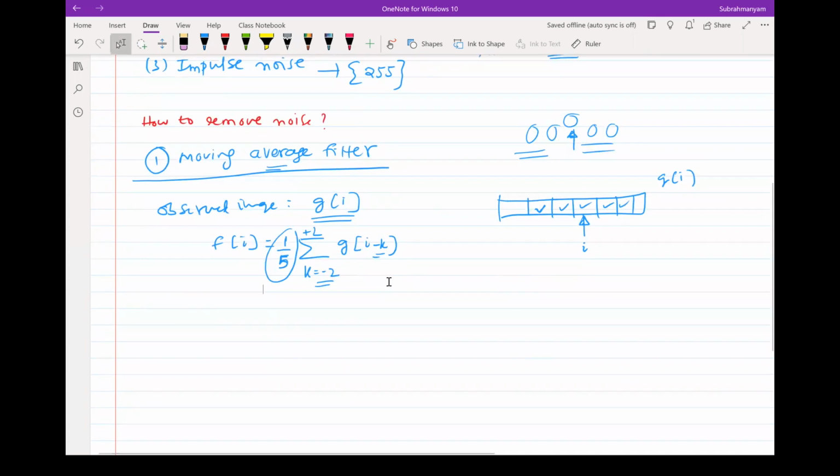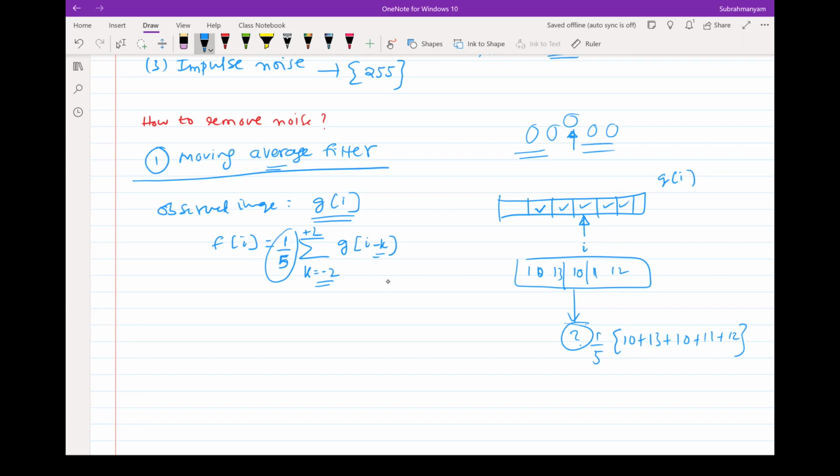So for example, if I had 10, 11, 12, 13, 10, something like this. Now in my output, at this location, I want to find out what would be the value after smoothing. What this expression tells you is 1 by 5 into 10 plus 13 plus 10 plus 11 plus 12, whatever it is, you would replace with that value in the output image. Is that clear?